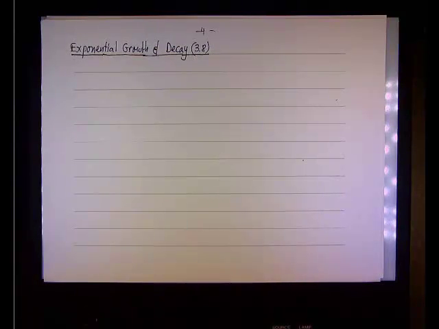For many observations, we realize that in nature, the rate of change is proportional to the size. If you're talking about growth of a population, it turns out that the bigger the population, the quicker the rate of change compared to a smaller population. So it's not just proportional to,